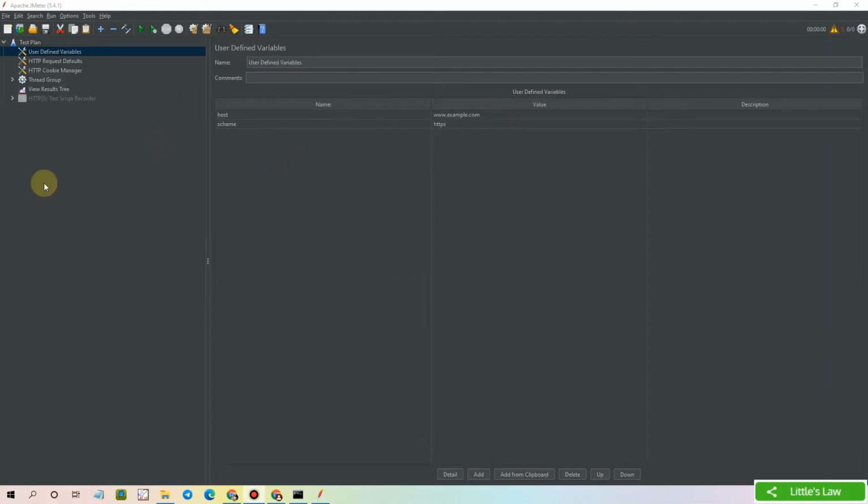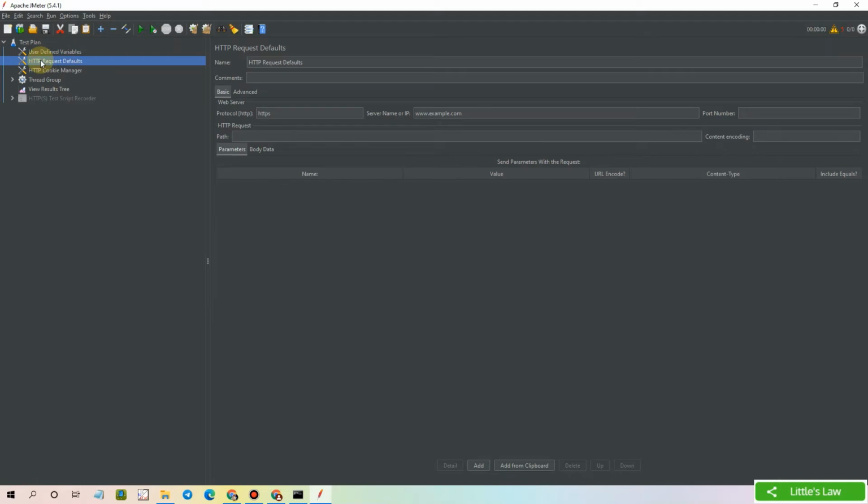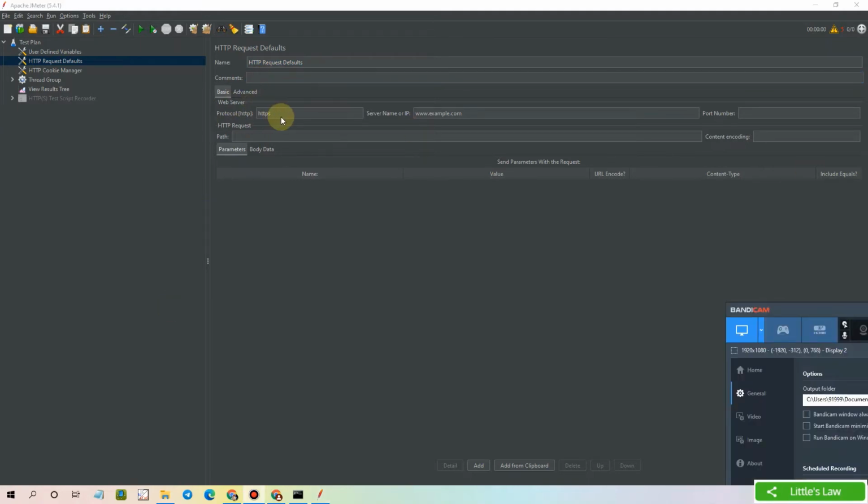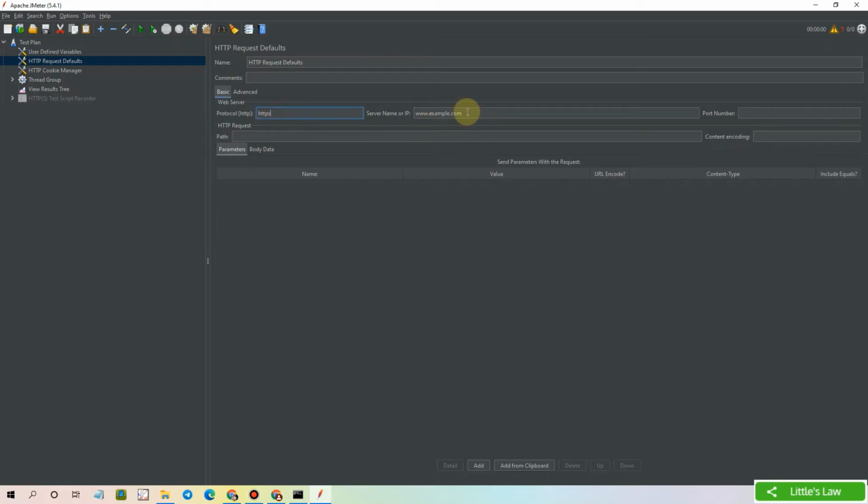So here we have got the complete test plan that has been generated, and here we have various other components as well. We have user defined variables, and we have HTTP request defaults, and that has various values to be filled. Let's see them one by one. So here we have the name field, which tells us the name of the HTTP request, and then we have the comment section, and here we have the protocol and the server or the IP which we are going to test, and the